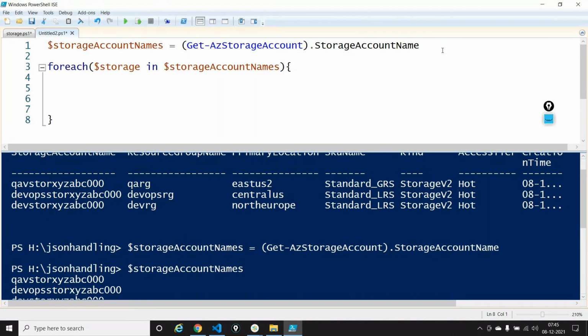And if I want to create a container, firstly, what should I have? I want to create a container inside the context, so I need a context value. How will I get a context value here? Resource group name and so on, and then dot context. So let's do that. Let's say $context